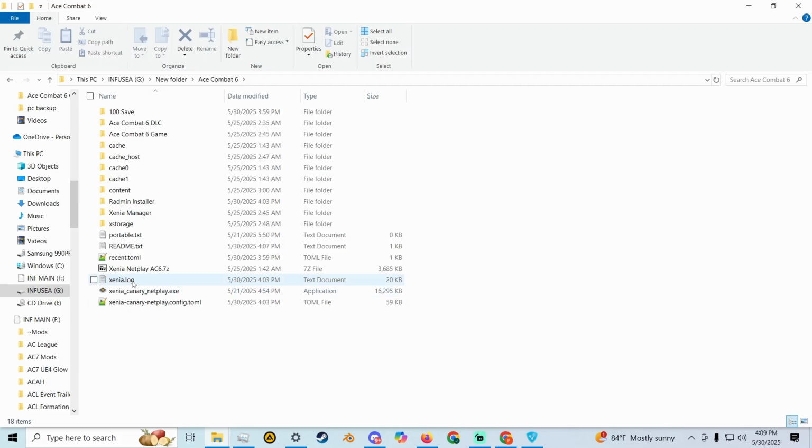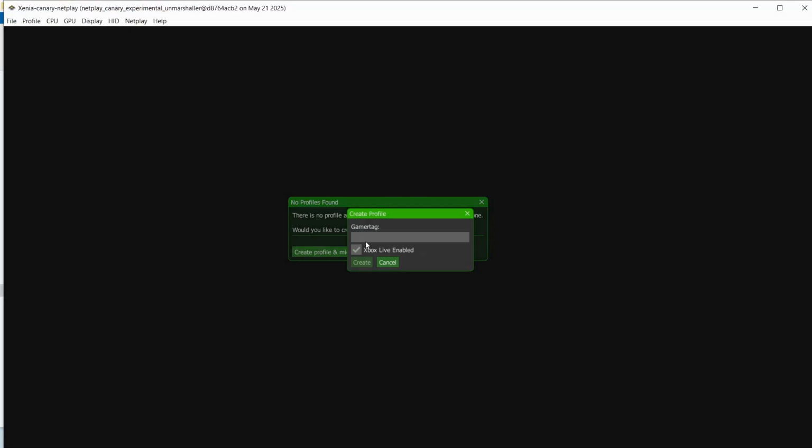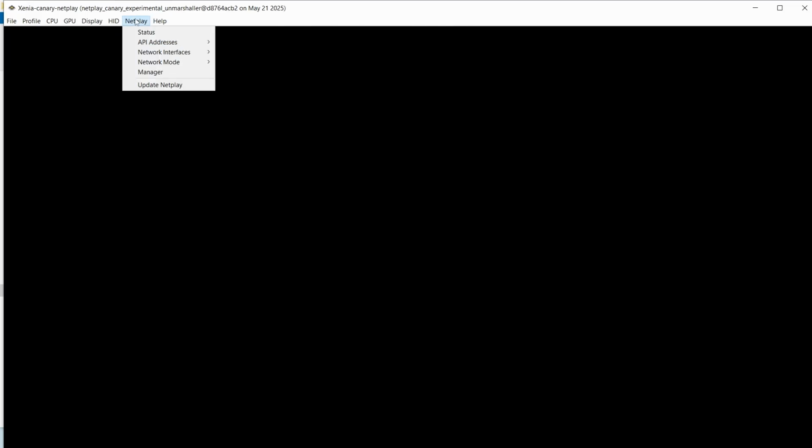So now we're going to go to Xenia Netplay.exe and open it. The first thing we're going to do is create a profile. I don't care if it's backwards, it's just a quick thing. Xbox Live should be enabled, all that good stuff. Then the netplay thing, we're not going to get to that yet because we're going to need